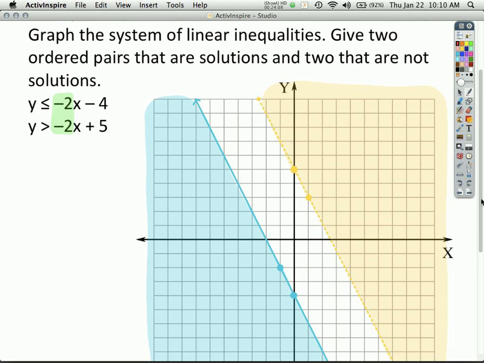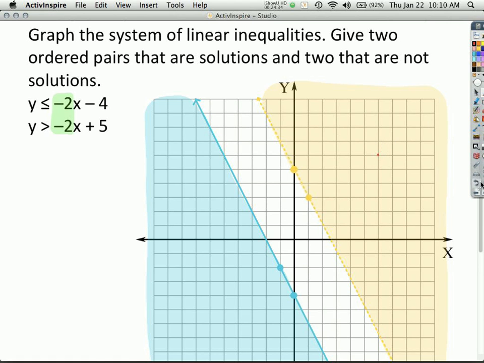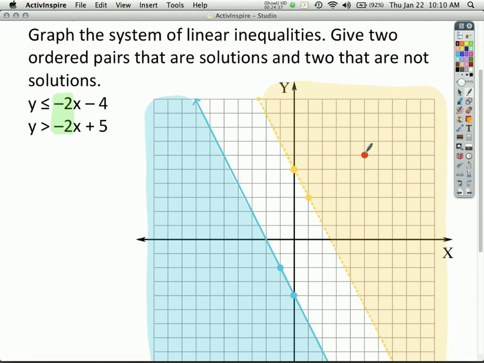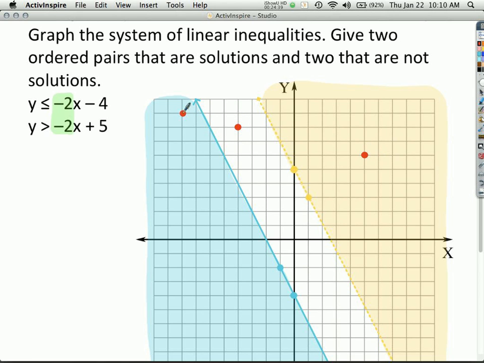So we could say something like any point. Very good. That was a great way of saying it. So every point on this grid is not a solution. So in this case, where we're asked to say two that are not solutions, you can close your eyes and put your pencil down, and no matter what, you will land on something that's not a solution. So you could say that's not a solution, and that's not a solution, and no matter where we go, it's not a solution.